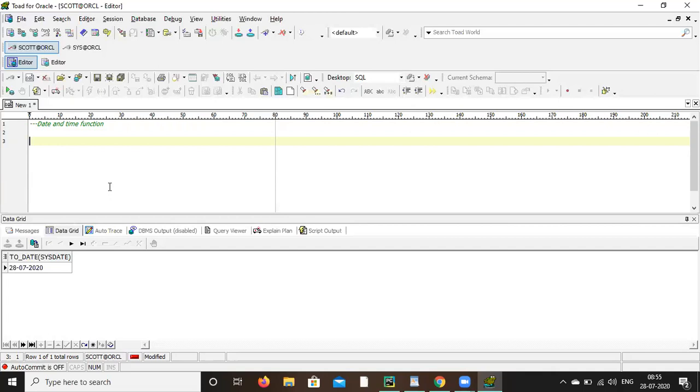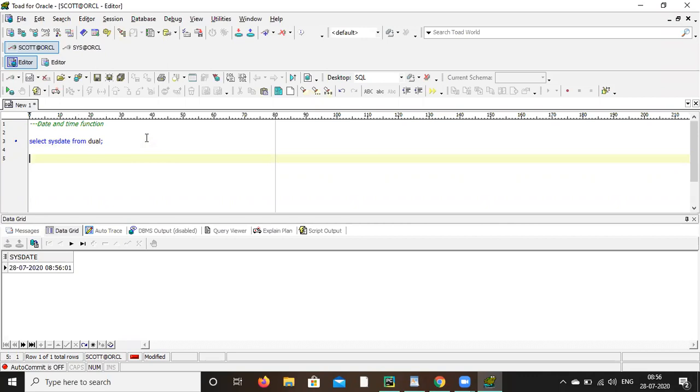So let's see how we are going to do that. Select sysdate from dual. Suppose you want to get today's date, the system date. You can use sysdate from dual. It will give the result as DD, MM, YYYY, then hour, minute, and second. Okay, it will give it like this.